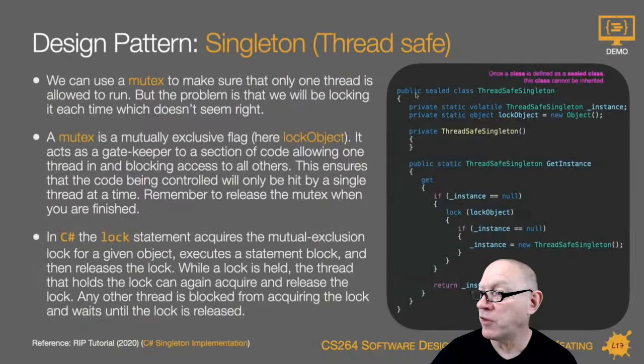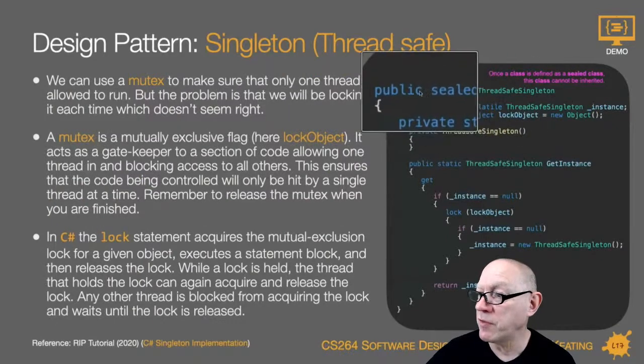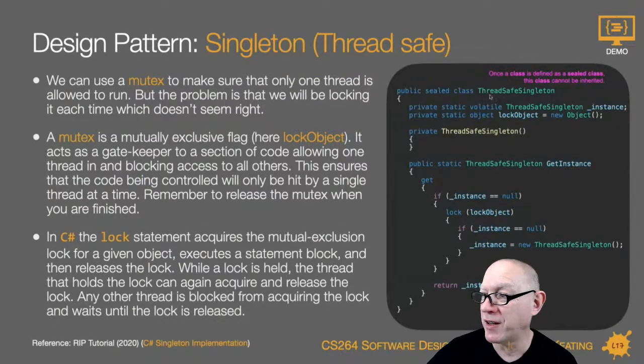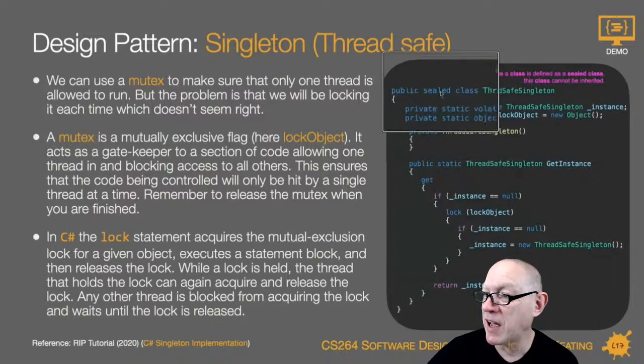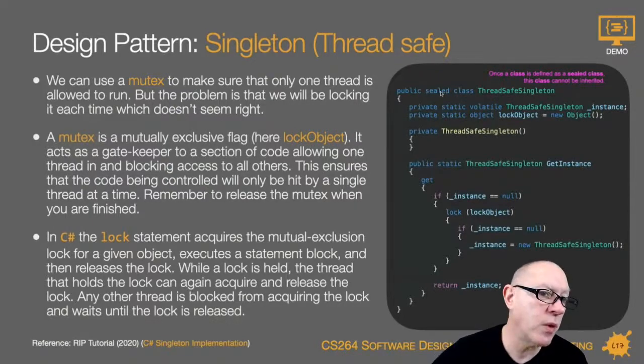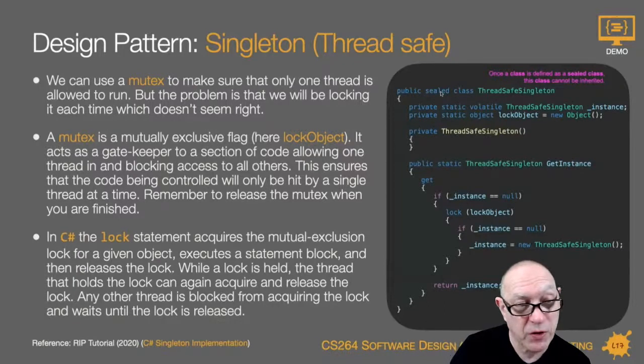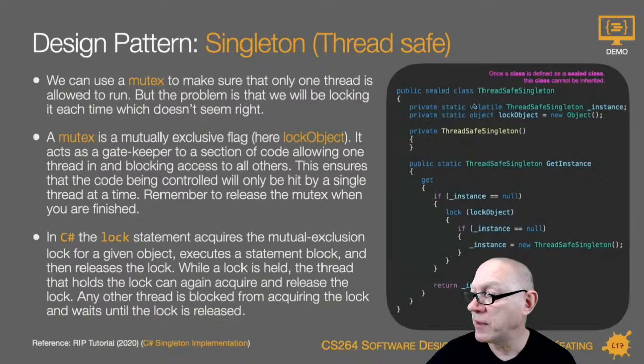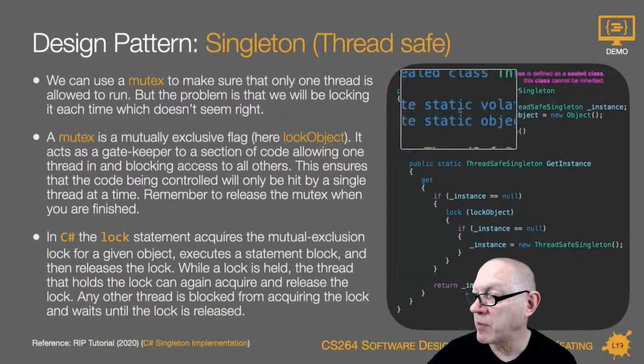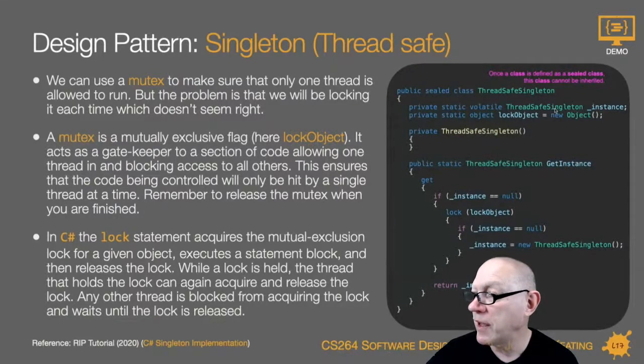Okay, so this time you'll notice I've used a public sealed class. Again, if a class is sealed, it can't be inherited. So there's lots of ways to ensure that there can only be one. We don't want a subclass of the singleton either. And again, I have a public static volatile thread safe